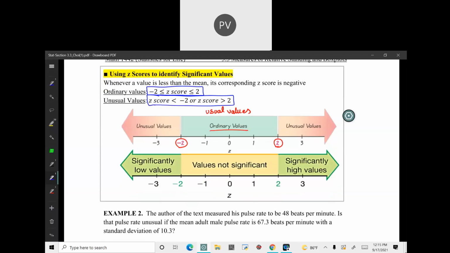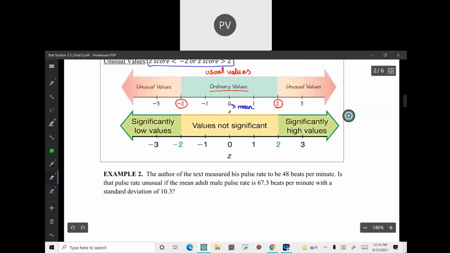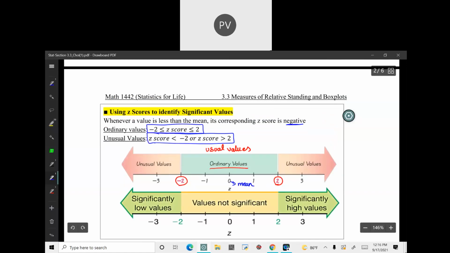So they are saying that suppose if I have a value, now this is nothing but your mean. Okay, the mid value of the z-score range is nothing but your mean. So if you have a value less than the value of a mean, then the resulting z-score will always be negative.